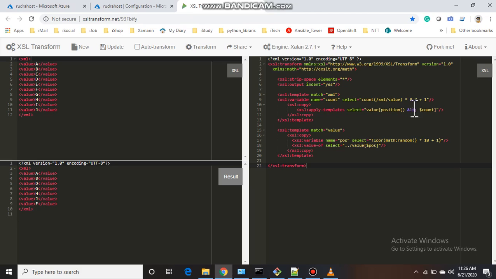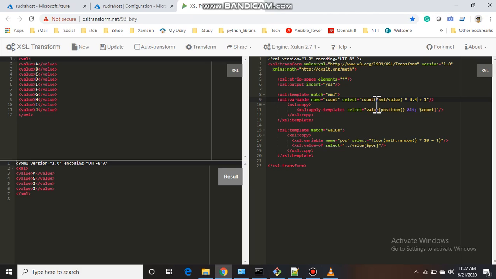For example, if you don't need 70%, you just need 40%, you can just use 0.4, then transform again. See, you get 4 values out of the 10. You can do all your mathematics in this variable, depending on how many values you want to get from the XML.